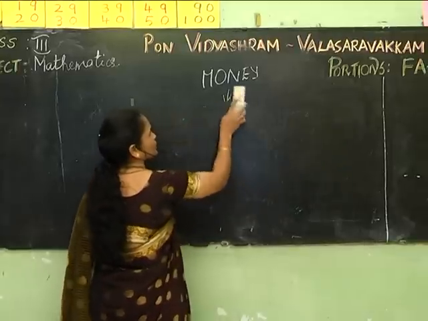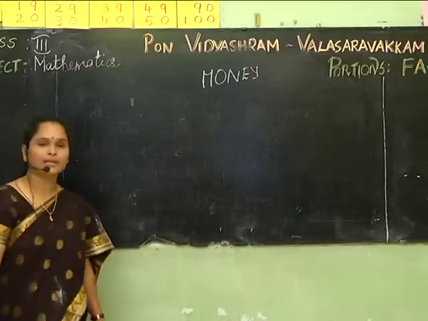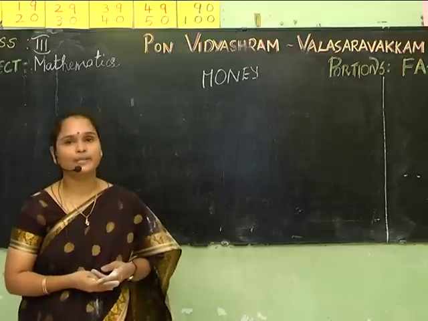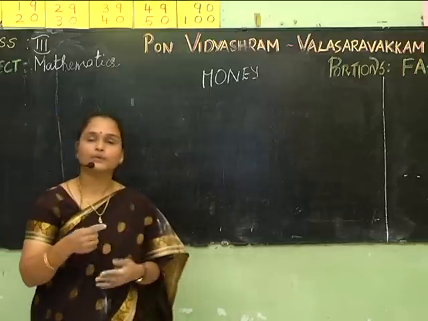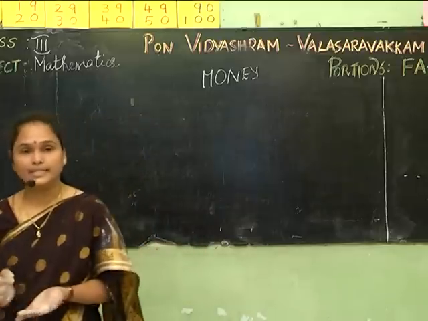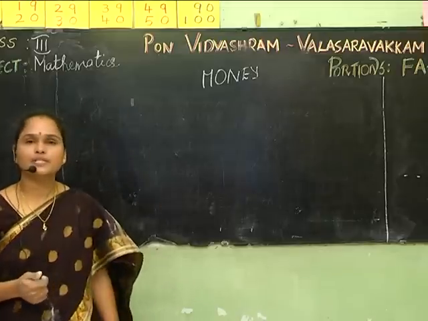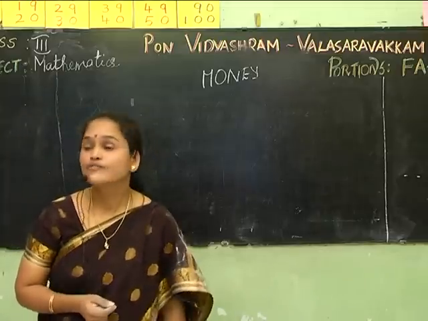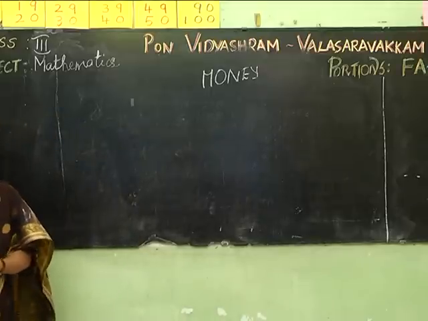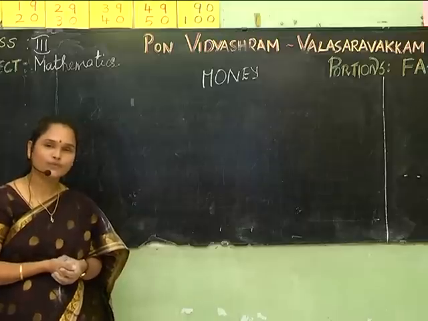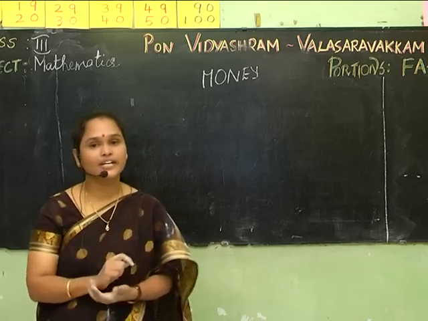Same way, children, you also can multiply. You also have to learn multiplication. How you multiply rupees and paise. Or not only that, you also should learn how to multiply. For example, in the rupees only, I'll tell you how. Suppose one car has 4 wheels. How many will 2 cars have? It is the same thing. One car has 4 wheels, 2 cars have, exactly right, it's 8 wheels.